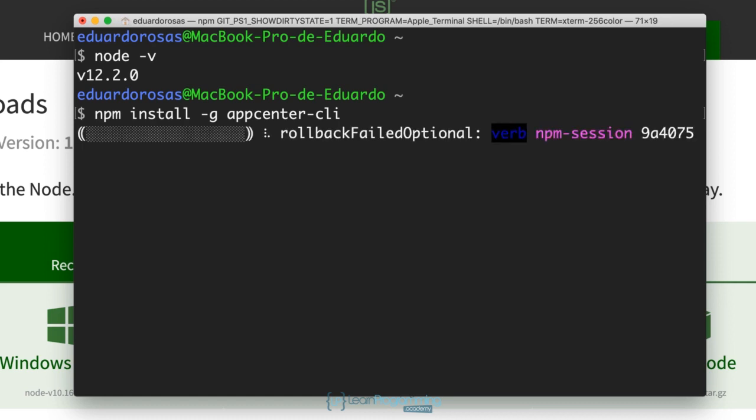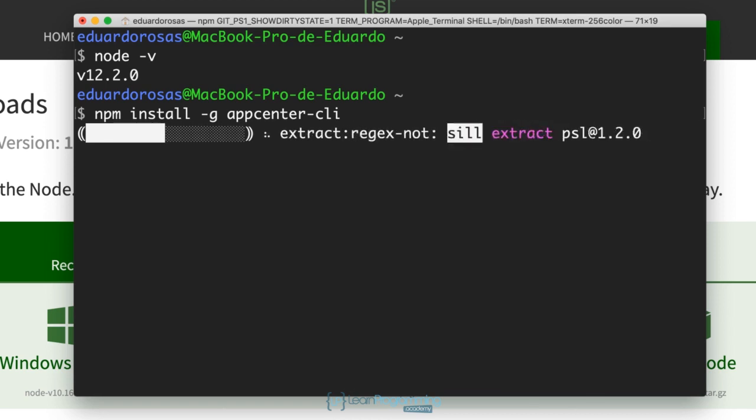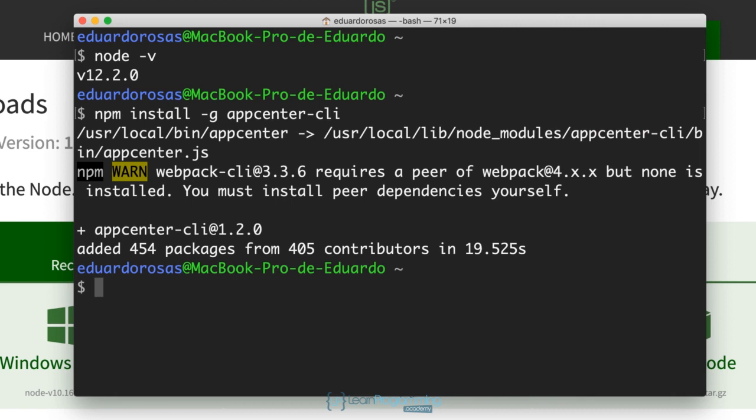Execute this, and that's it. Of course, everything is going to be executed as expected, but now the App Center CLI is going to be available on your system. Again, it is going to be this command line interface, the one that we will use to upload our tests. So once this tool has been added, as we see over here, right now version 1.2,